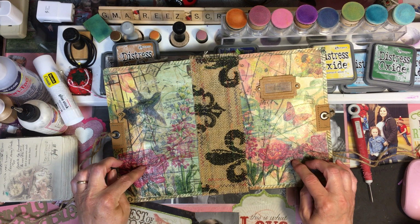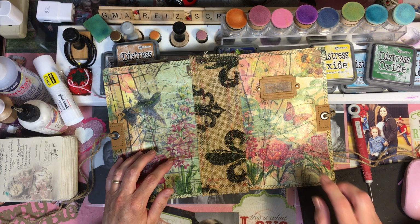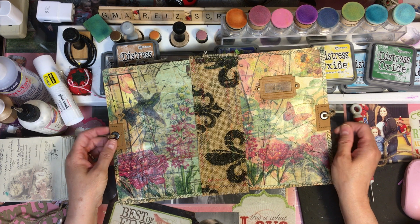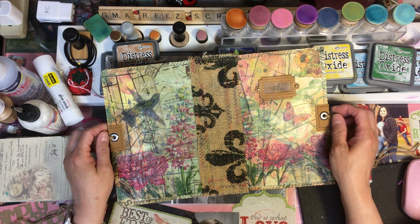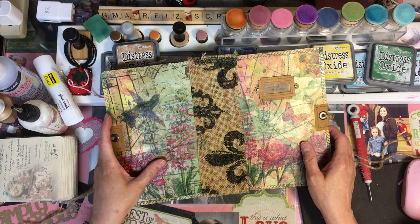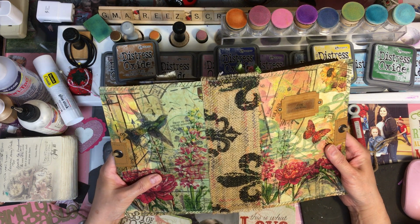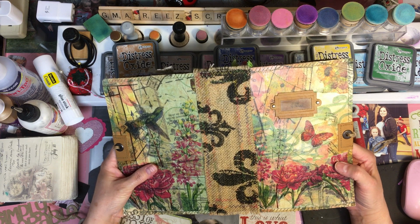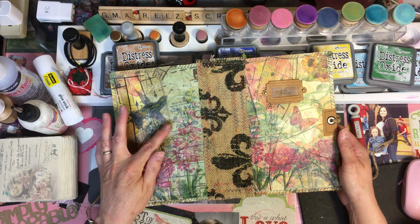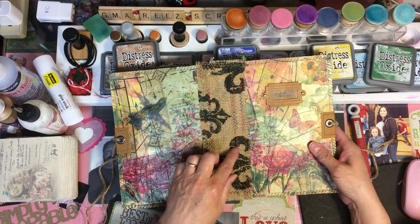I decoupaged some napkins onto it, and I added the book cover, typed out "junk journal" on my typewriter, added some craft text cardstock and some eyelets, and this is some burlap that was gifted to me in Happy Meal. This is the outside of the cover, so it's just a lot of decoupage, and there's all kinds of things on here, like some peonies and a hummingbird and butterflies and sunflower, and